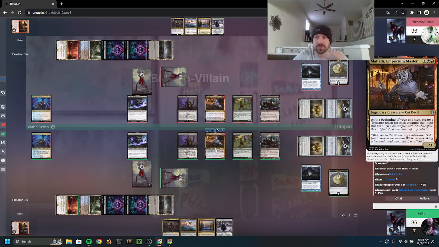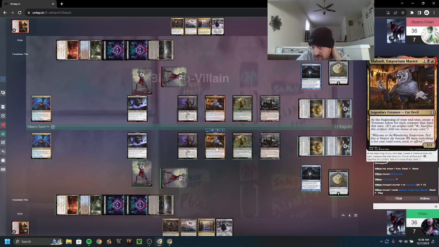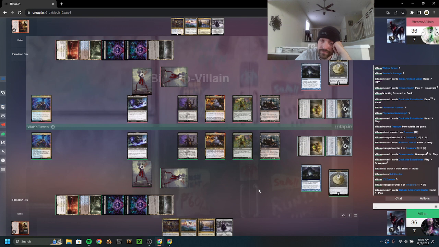I guess we would just go with Mahadi. And then we'd move to the end step, and I would get treasures equal to each creature that died this turn, which would be...